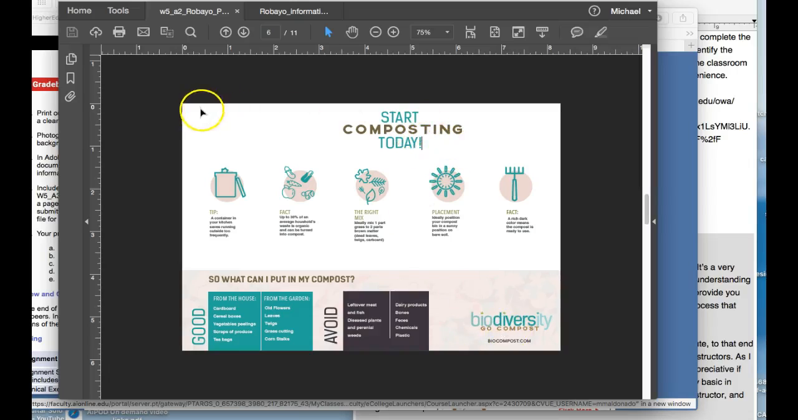But I was wondering if we could do "Start composting today," and then do "How to compost," just two paragraphs or so. And don't forget, you've got a five-column grid here, so you'll have to adjust your typography accordingly. But what I would do is I would say,